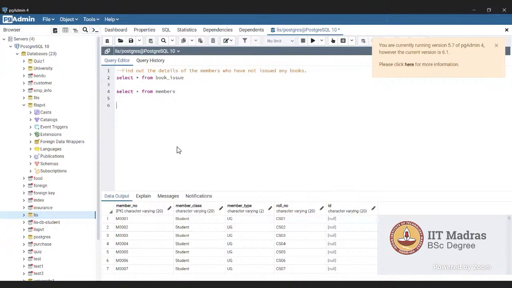Yeah, see, there are many methods you can write this query. So I will write one query, then you can relate with this. Okay. Find out the details of the members, means you have to write details of the members. So select star from members,